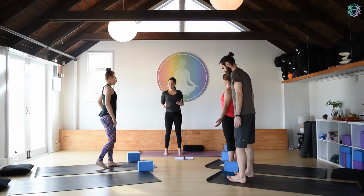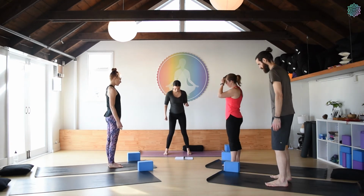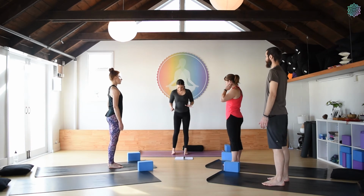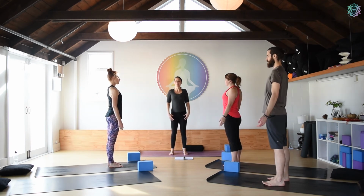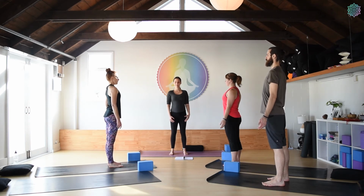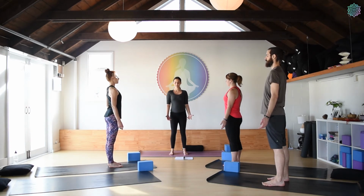We're coming into tree pose. So if you guys want to stagger so that you've got room, you're more than welcome to. So beginning from our mountain pose, from the toes all the way up to the crown of the head, lengthening and aligning. The way that we're going to align the mind to prepare for tree pose is to find a drishti or